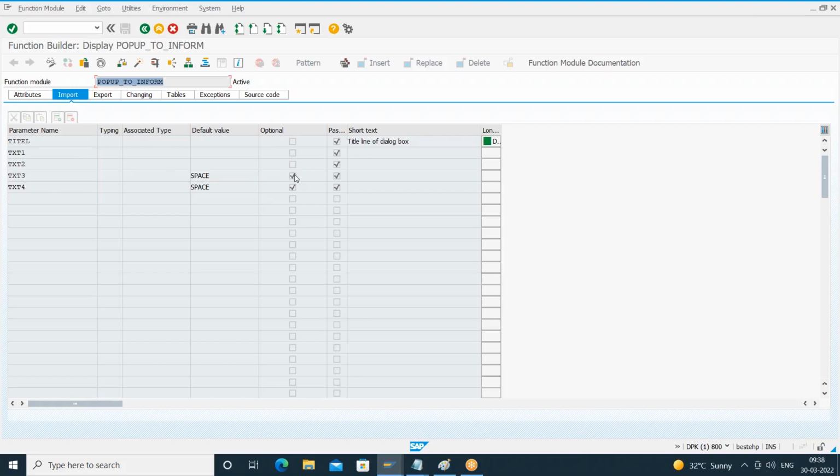The last 2 are what? Optional. Optional means what? They are selected here. Optional means we may or may not pass. Even if you don't pass, not an issue. But the first 3 are marked as mandatory. Compulsorily, we have to pass the values for these particular parameters. What kind of values will we pass? Whether we pass integer, character, date, time, internal table, how do we know? That we will understand from this associated